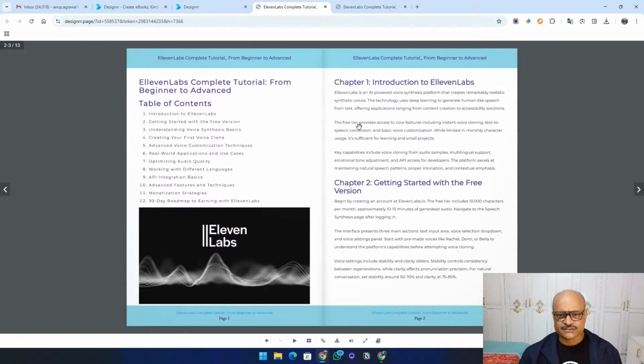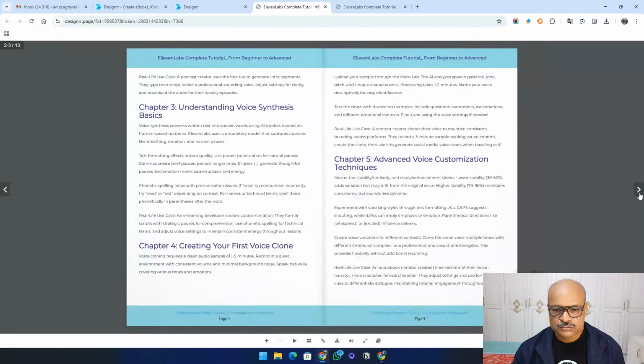Introduction, everything is there. Okay. Introduction to ElevenLabs, getting started with the free version. So in this book, I have covered only the free version, not the paid version. And it's mentioned how much free credits you are going to get per month, okay, and how much audio you can generate from that. Okay, so see, you can understand